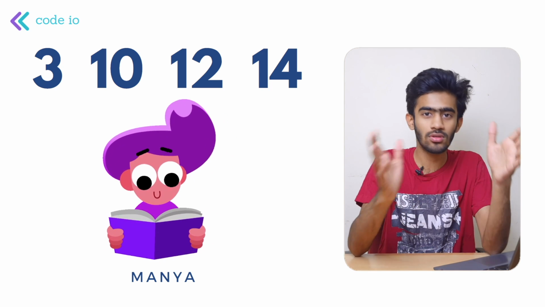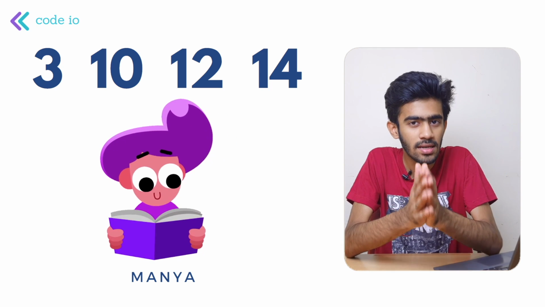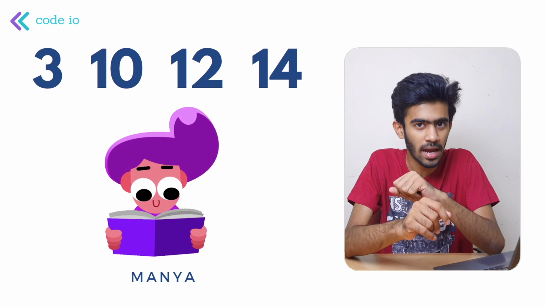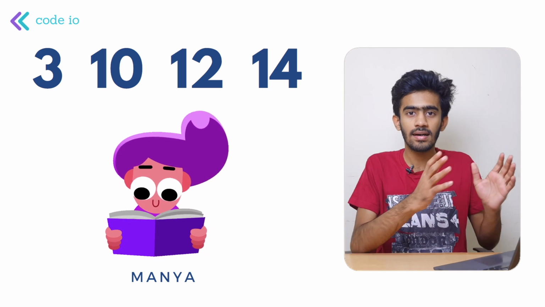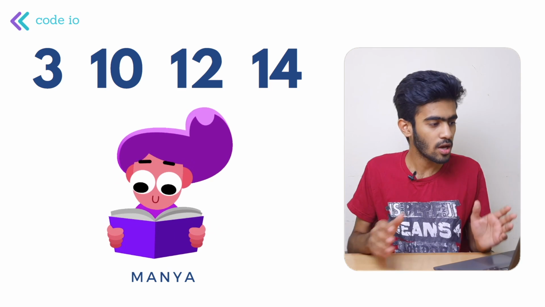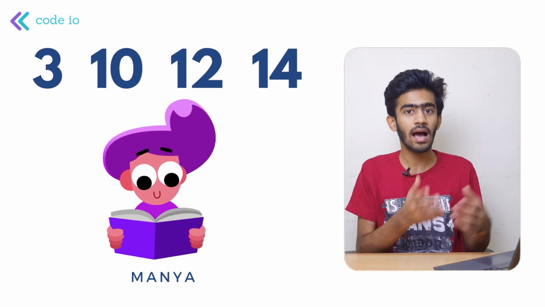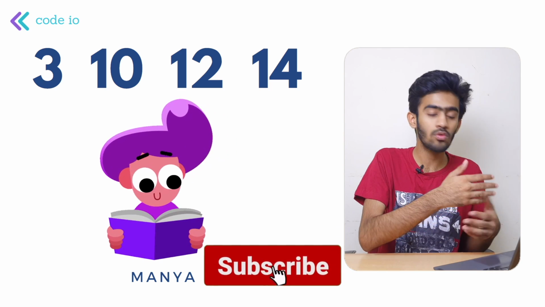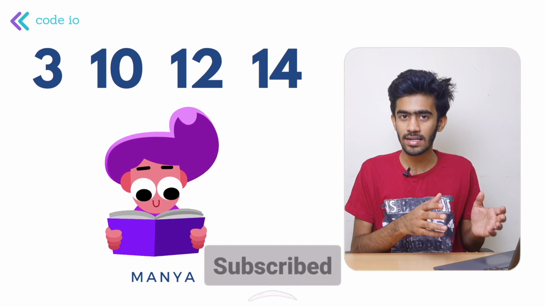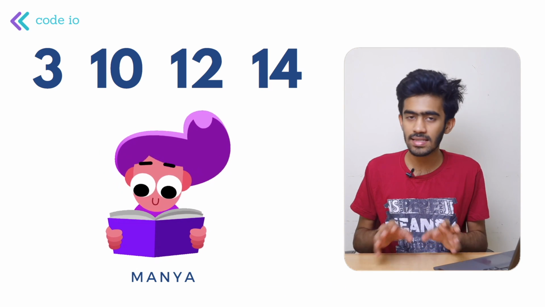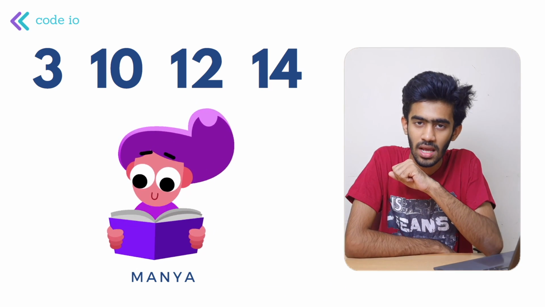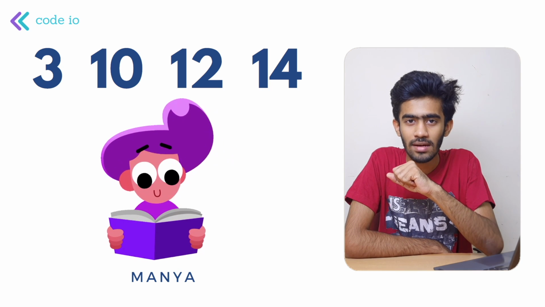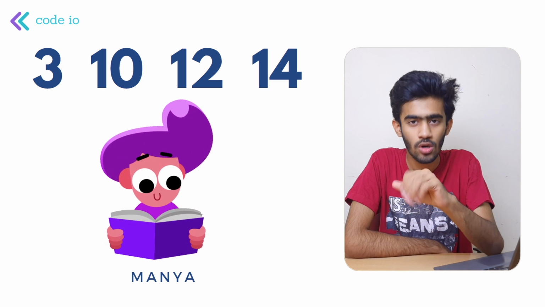We are given those 3 inputs and we have to return 2 vectors as a pair. Those vectors are the tasks that we just split it into. So 3, 10, 12, 14 would be a vector, and the other numbers that we gave to Tanya would be another vector. We have to return these 2 vectors as a pair to the function. So how do we do that? Let us move on to GFG practice and code this.